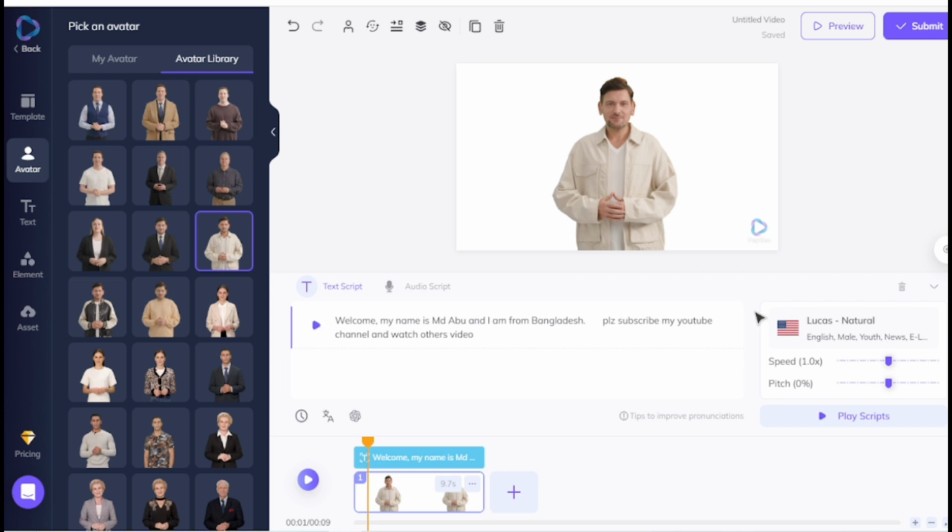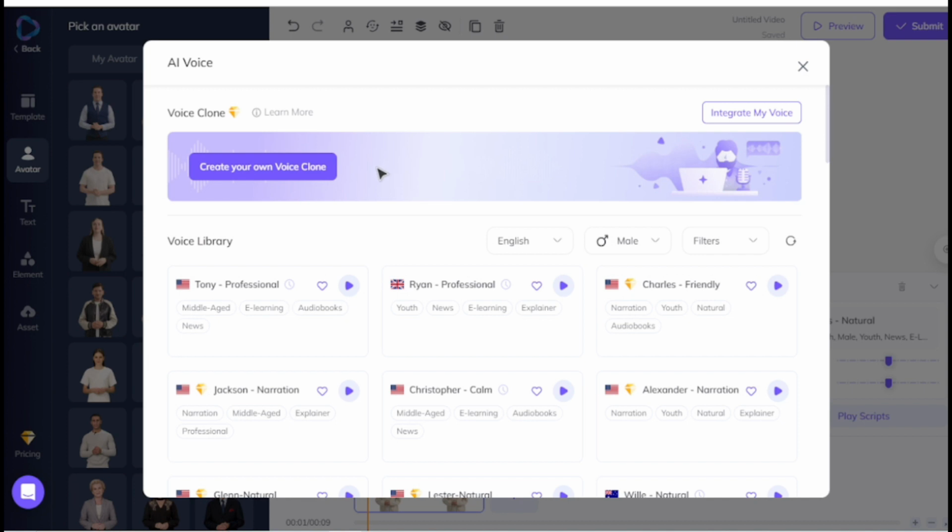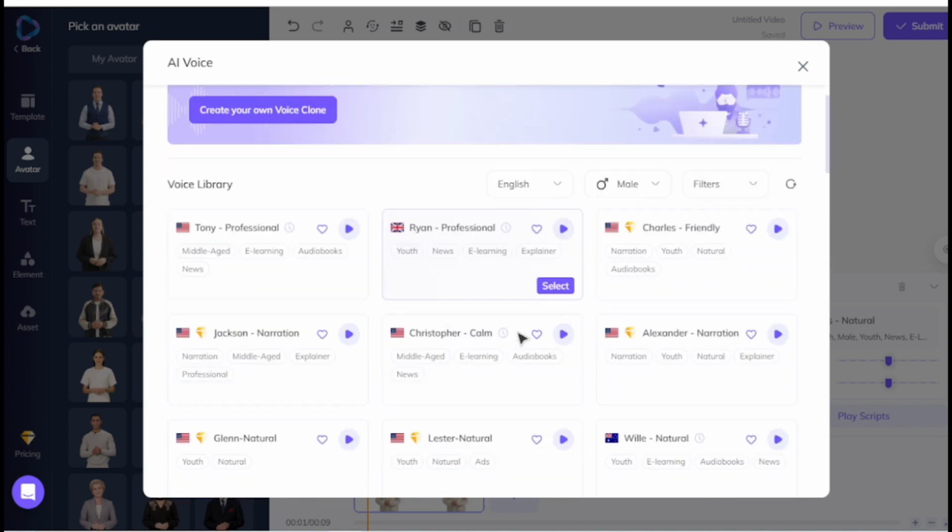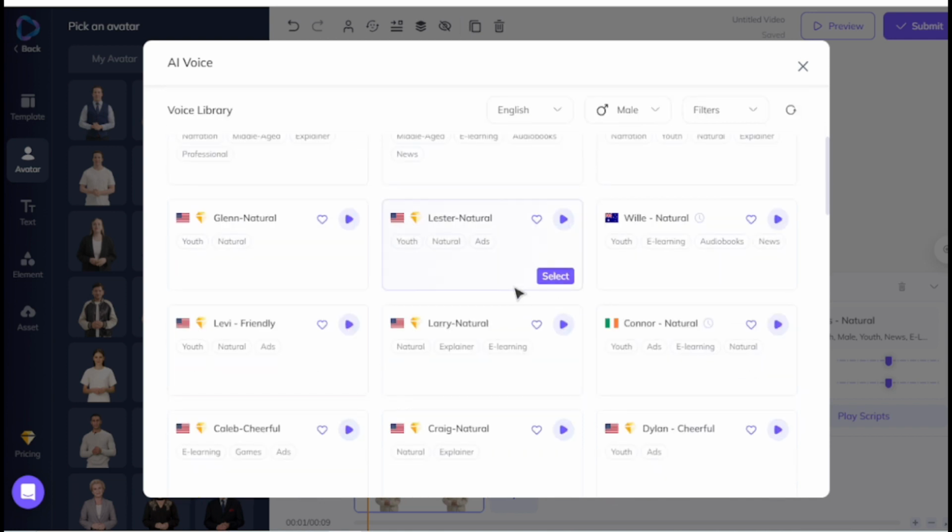Oh, this is really good. And you can change this vocal. For example, if you need a female voice, don't worry, just go here. Here are lots of male and